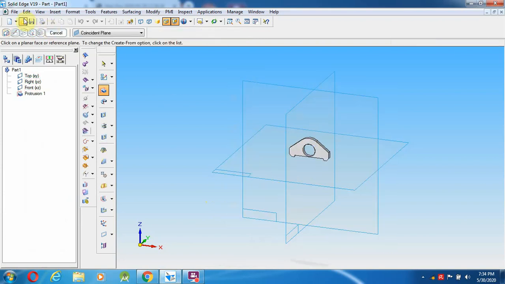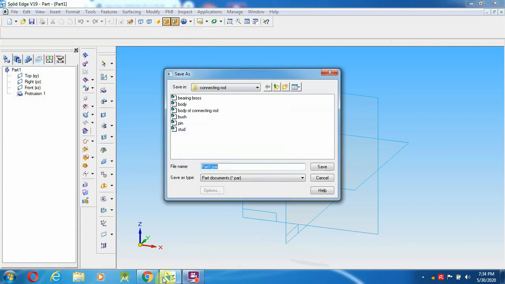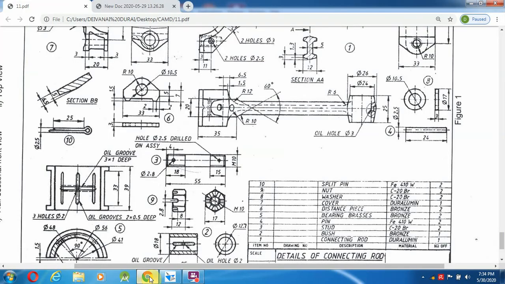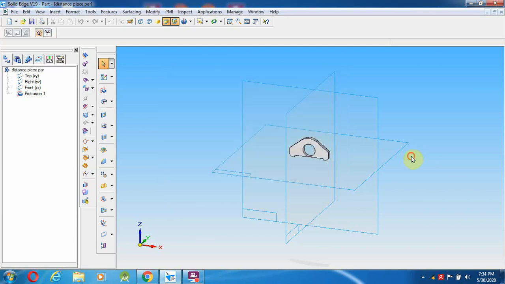Left and right click, save as distance piece. So save this one.